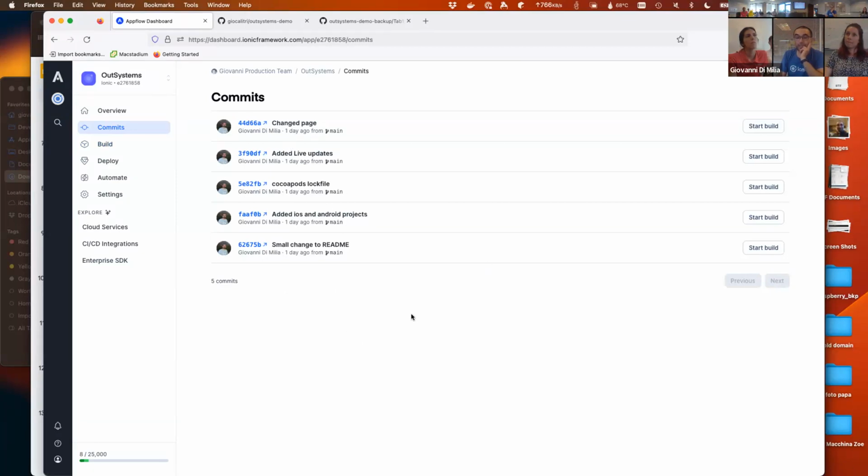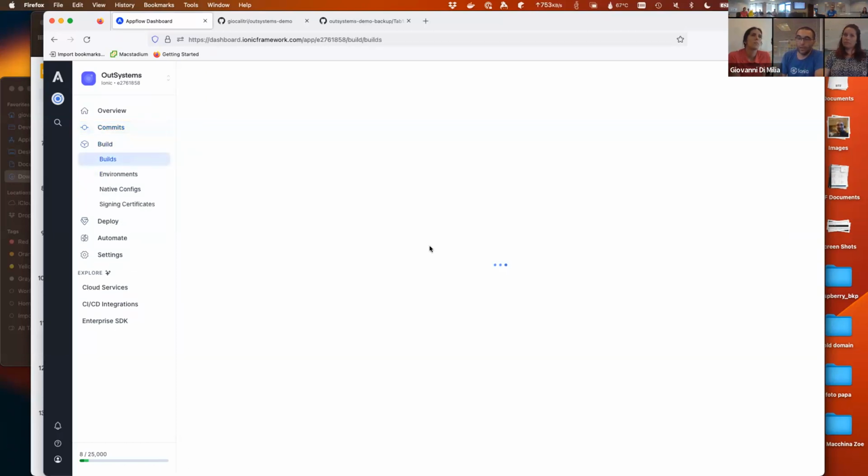Any other commits will be pushed when they happen on GitHub. So as soon as you push the code on GitHub, the new commit will appear here too.